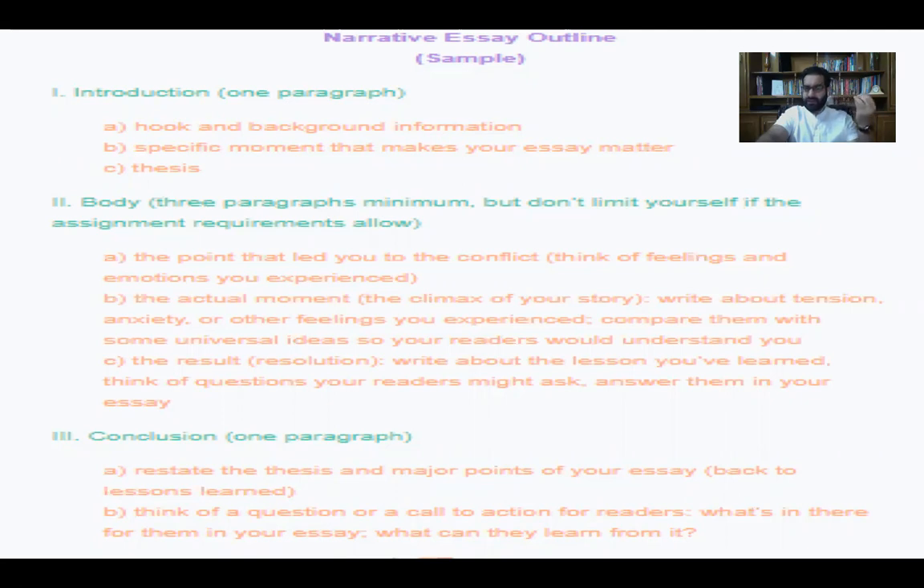So introduction, first of all, one paragraph you have to write, which says, well, on the top you have a hook, also known as a driver, also known as a topic sentence. So you have it in the first paragraph, hook and background information you give into that, and then the specific moment that makes your essay matter. And then thesis, you give your thesis statement that this essay is going to talk about. You actually kind of give your stance into this. You give your position. For example,